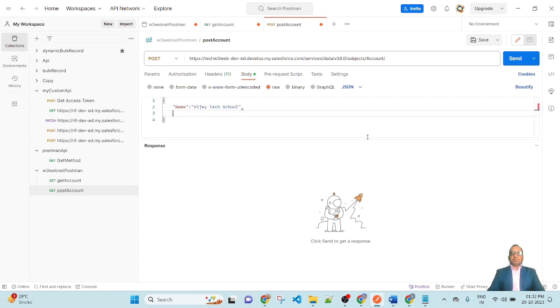comma, enter, pass the second field name. The second field name will be phone, colon, pass the value 10. So here I am passing the value 10 as the number, comma, here I am passing the description.